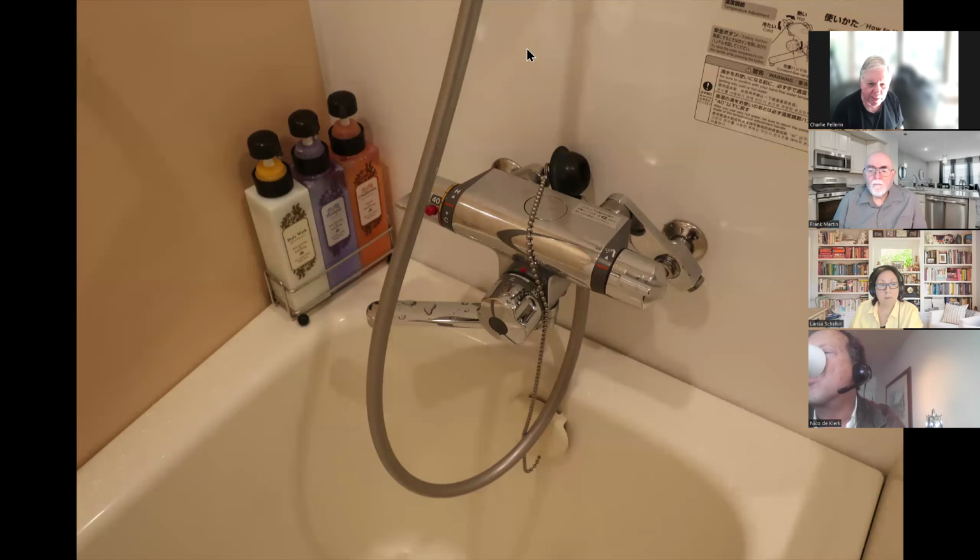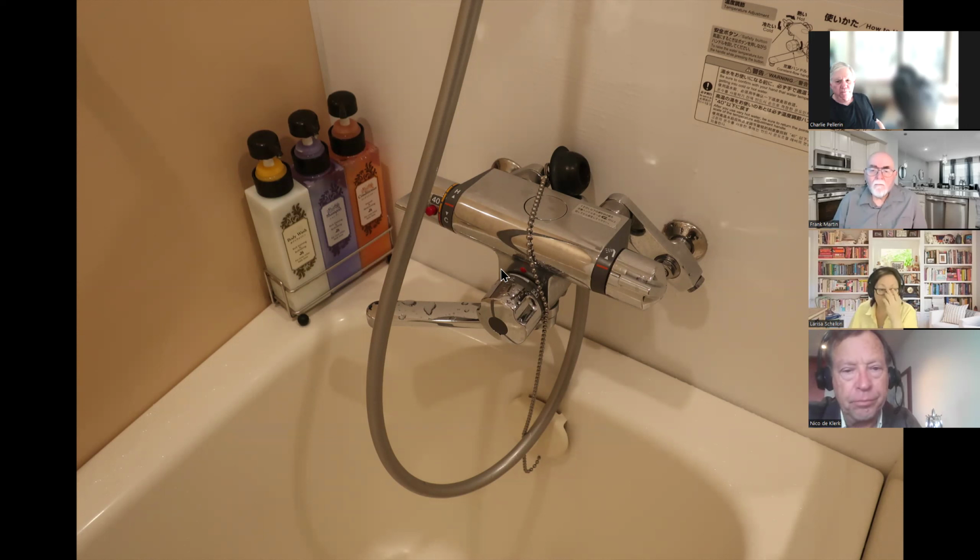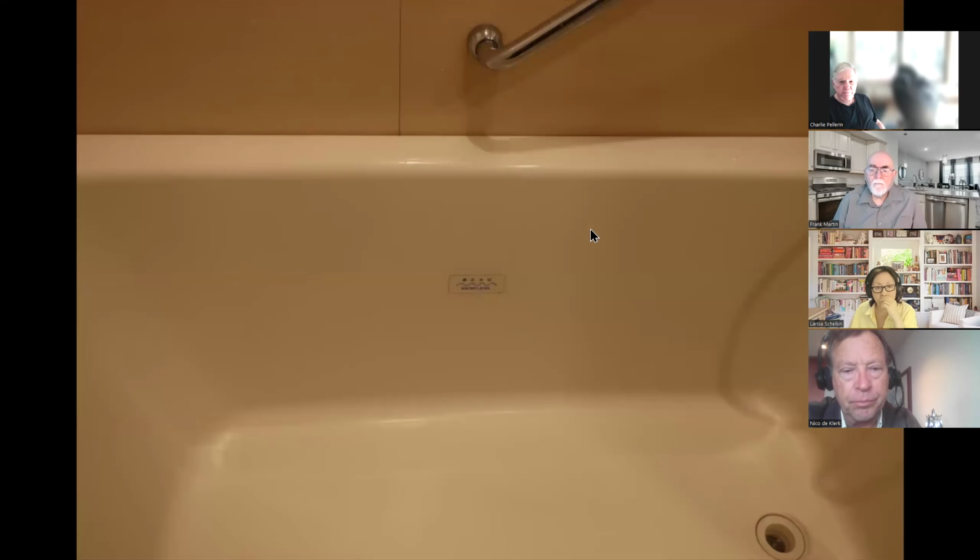This was the bathtub in the Western style hotel. I thought it was interesting. It does have thermostatic controls. It's got separate ones for the shower head and the tub. So you can rinse yourself at one temperature and be filling your tub at a different one. And the typical tub